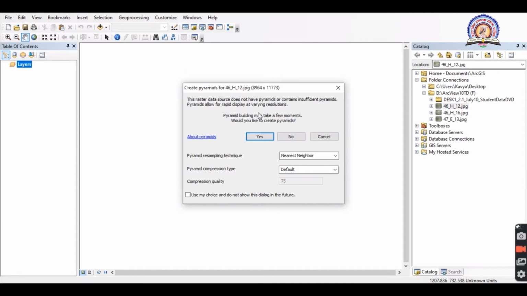While dragging, the first message which will come is that this raster data source does not have pyramids, or it contains an insufficient pyramid. In that case, we have to give a yes command over here.